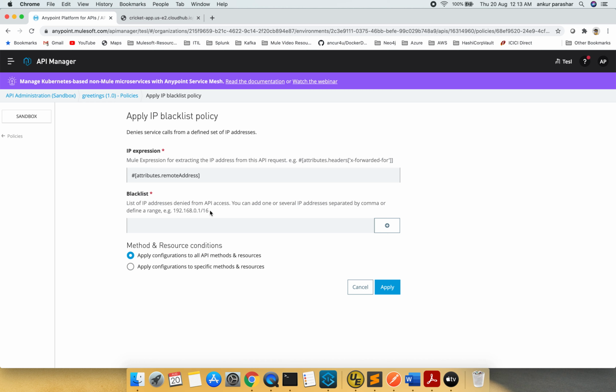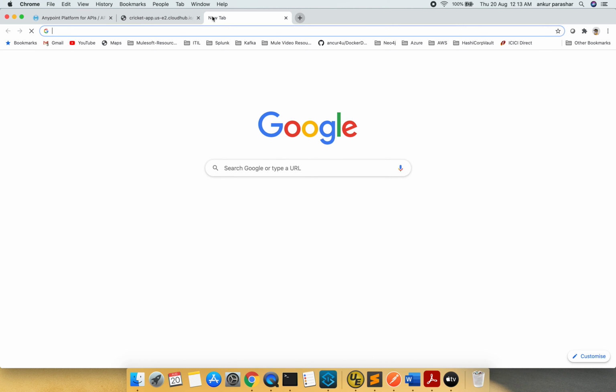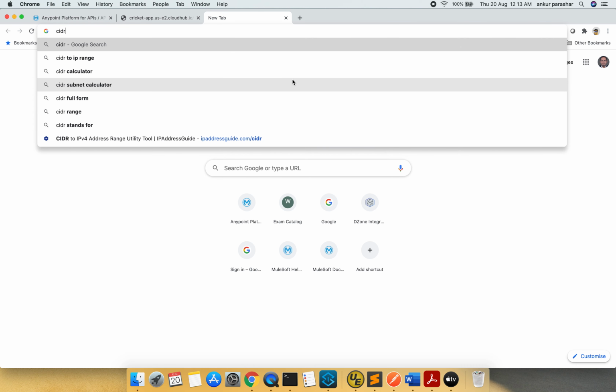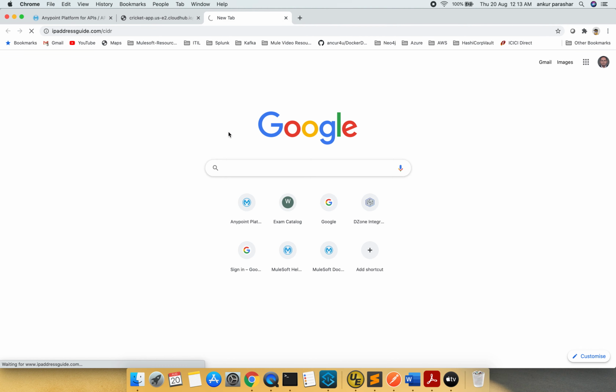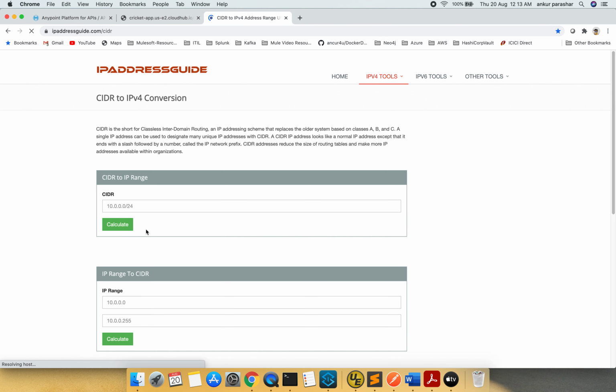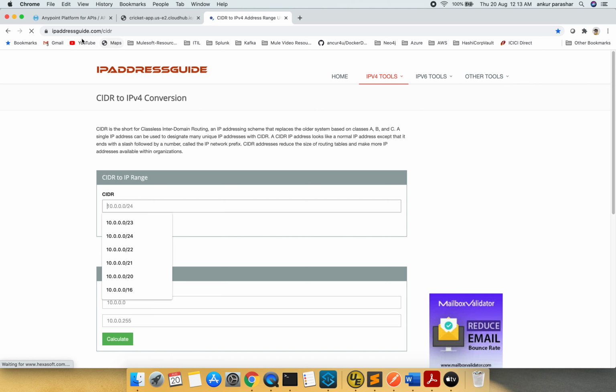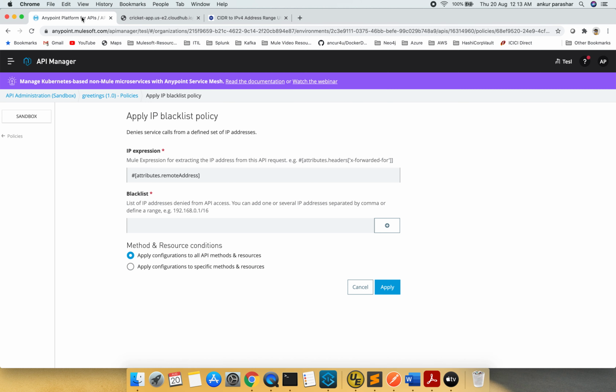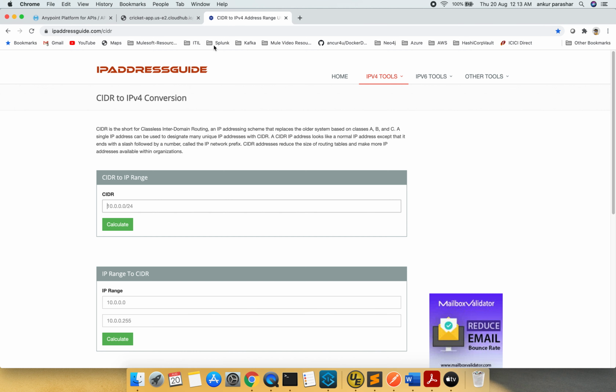To understand this, I would suggest you go through one particular website. This is for CIDR. This is the IP address guide in which you can specify, let's say, 192.168.0.1/16. I will try to calculate it.